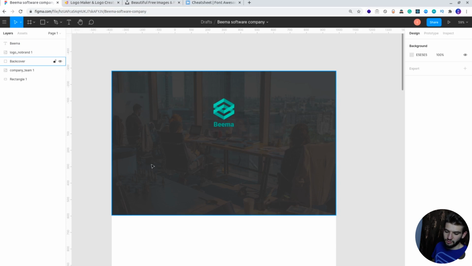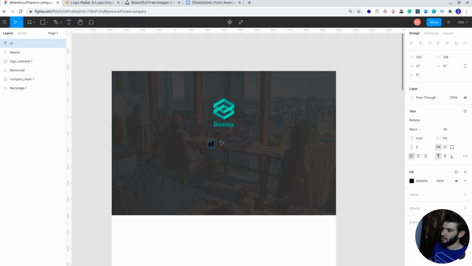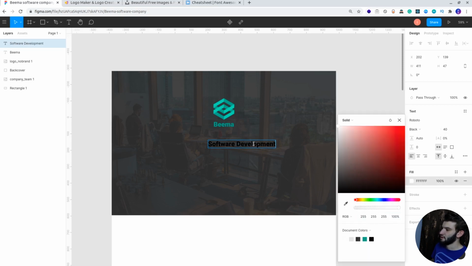And I'm gonna do something like software development from the best in the industry. So I'm just gonna add the text. There's actually a shortcut for this in Figma. You can just use T for the text, which I most of the time forget. So software, okay, software development. I'm just checking my designs from my other screen here. Yeah, our designers. Anyway,